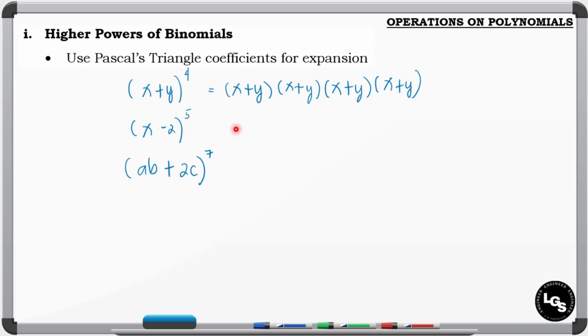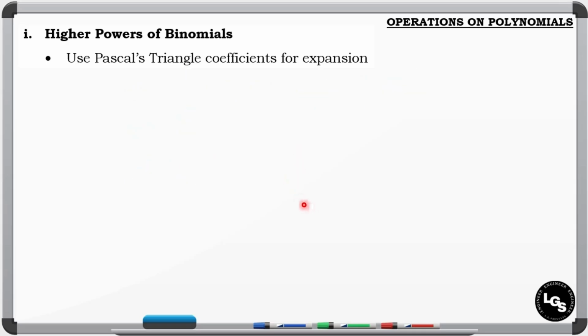So you can use the long method. Same thing with this one, but you will multiply it by 5 times. For this example, you will be multiplying it by 7 times. So that will be taking a lot of time. So if you want to use the Pascal's triangle to lessen your time, we have this for expansion of the binomial. So what we need to know about the Pascal's triangle. So from the word triangle, we will be forming a triangle for the coefficient of the expanded form. So first, we will write 1 at the top of our triangle.